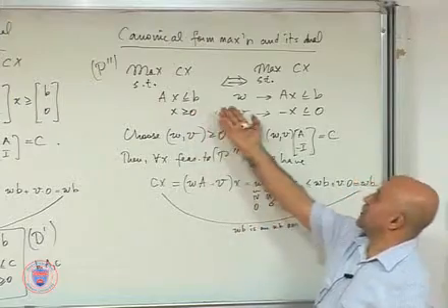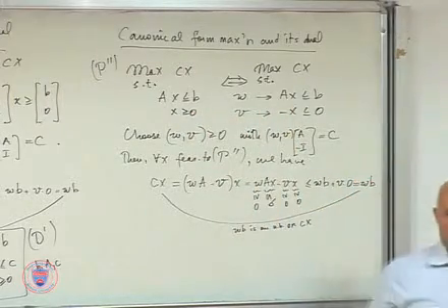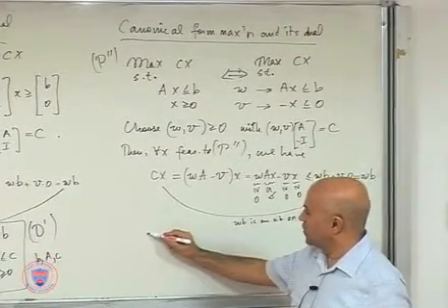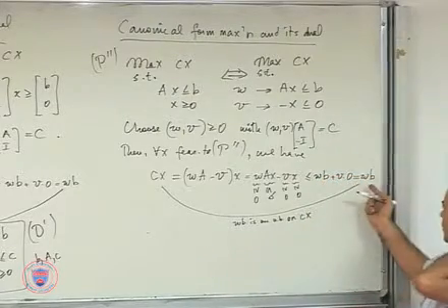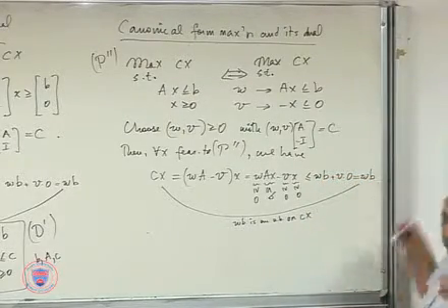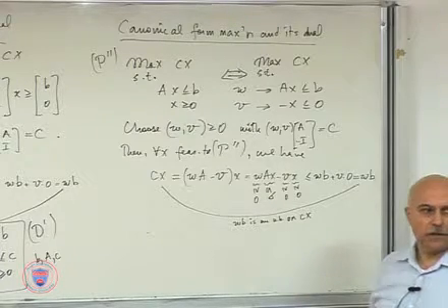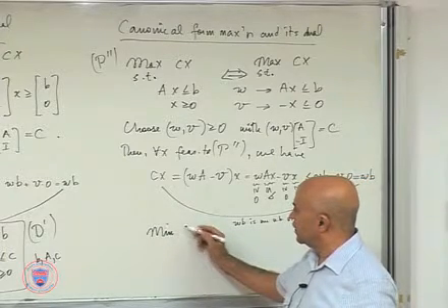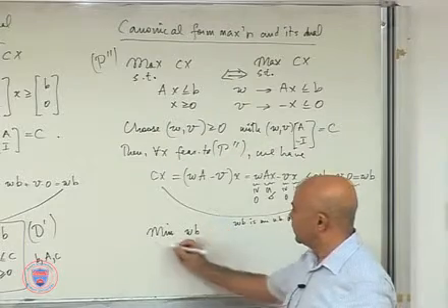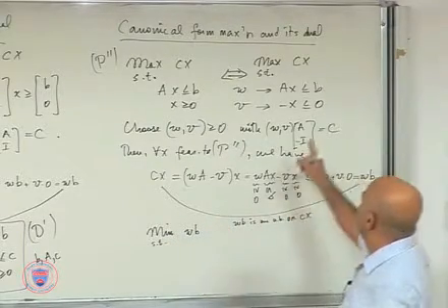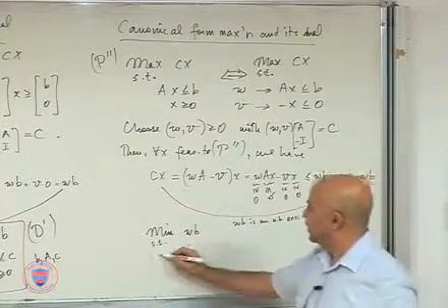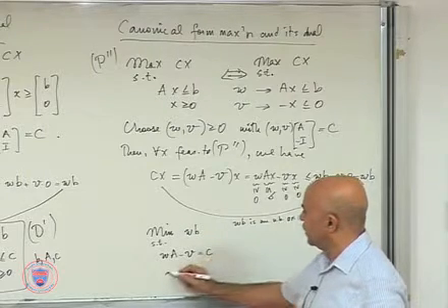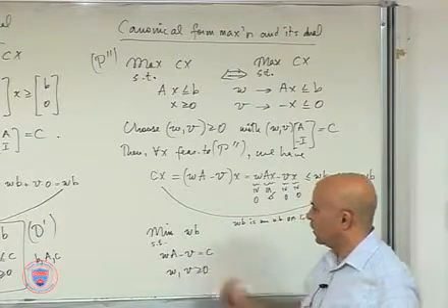That's because the constraints were in a different format. That's why things have switched around. And for this reason, this gives rise to a minimization type dual problem, because you want to minimize the upper bound, or you want to push it as far down as possible. Okay? So you want to minimize WB subject to this condition, WA minus V equals C, with W and V being non-negative,